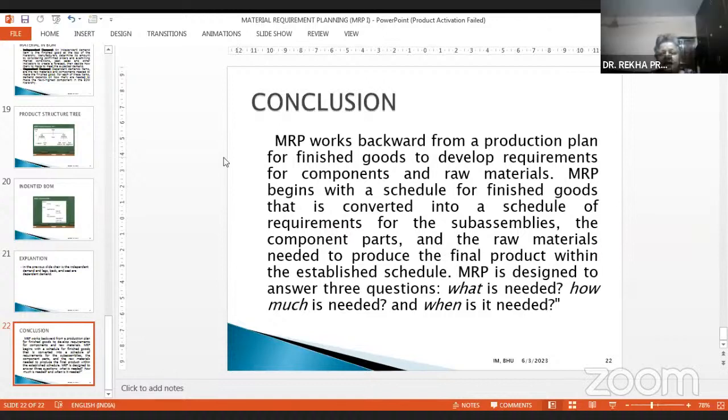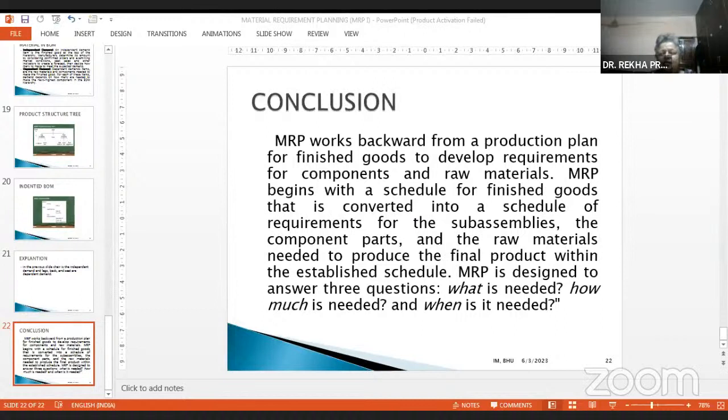So you can see, for example, we were considering chairs. So this is chair. How many do you require? Maybe you require n number of chairs.